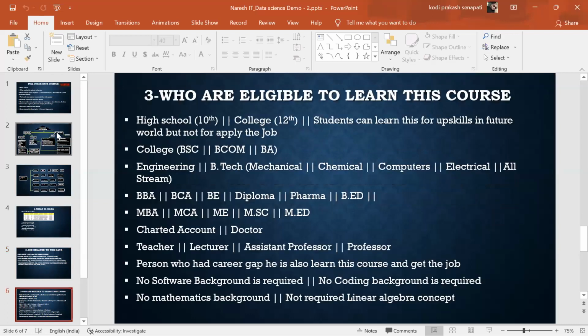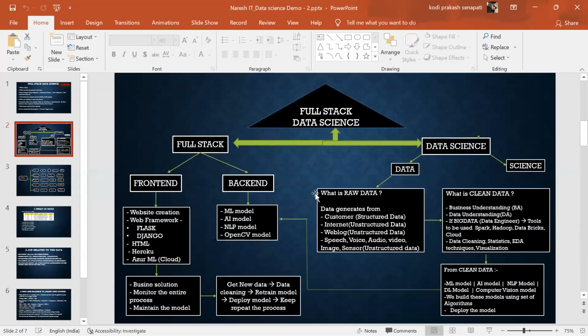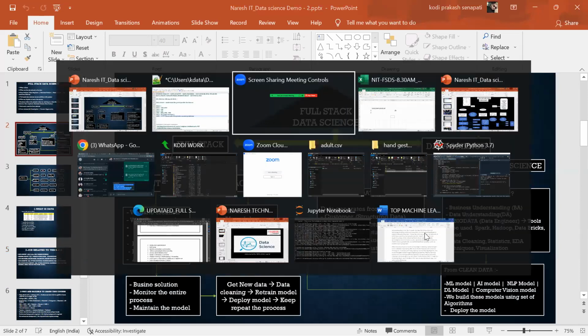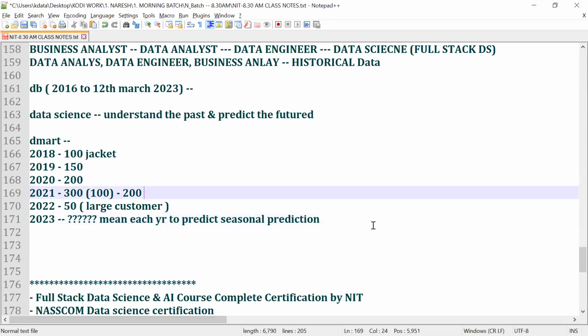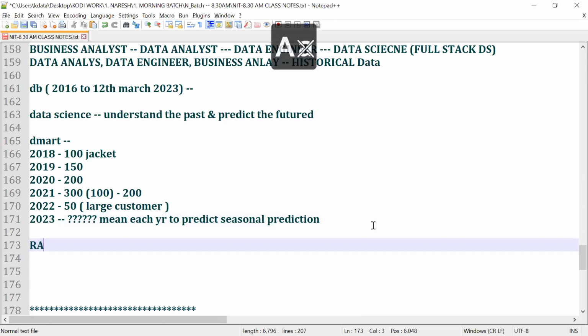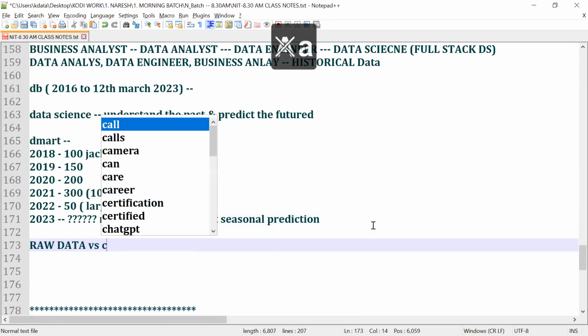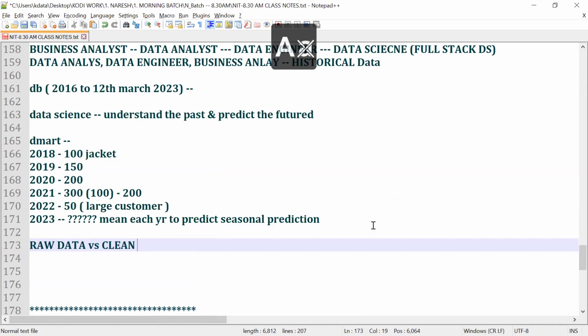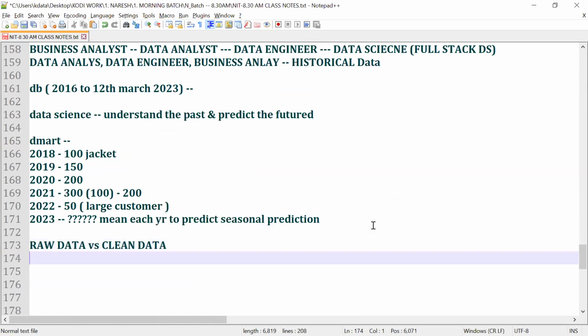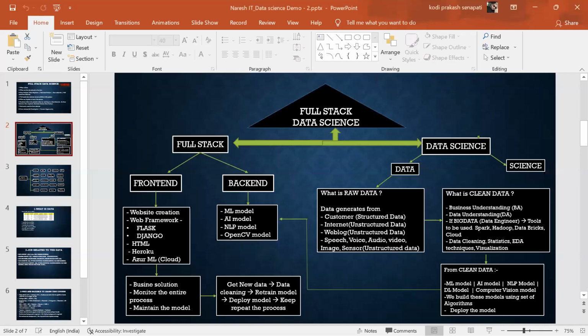A lot of this is required, guys. And we also covered who is eligible to learn this course and what is front end, back end, what is raw data, clean data. I will explain them in the later part of the sessions. Raw data versus clean data are two different things, guys. I will discuss that later.